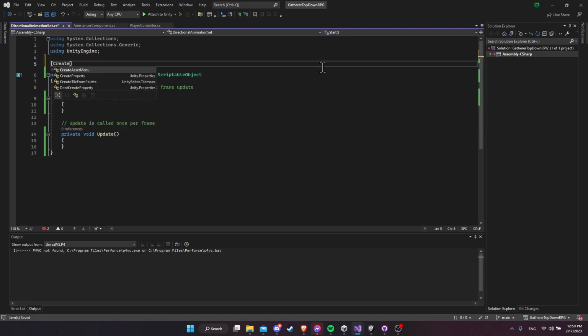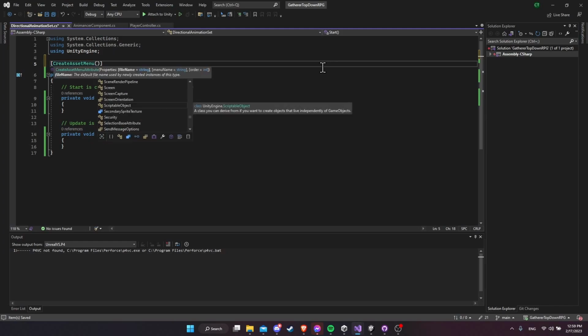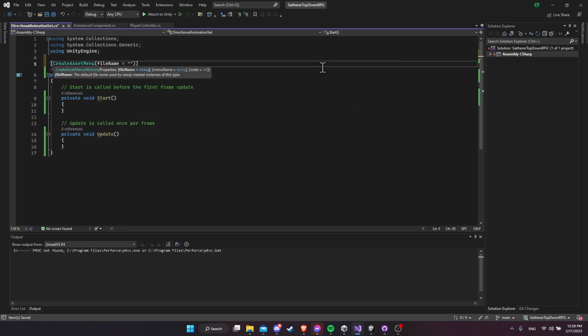Instead, you would want to do CreateAssetMenu up here at the top. And generally with that, you want to specify a file name. So I will call this the same file name as the class name as default. So DirectionalAnimationSet, I'll just copy paste that in there. And then you want menu name, which is the path to find it when you right click and you go into the create menu. So we want, let's use the name of our project here, Gatherer